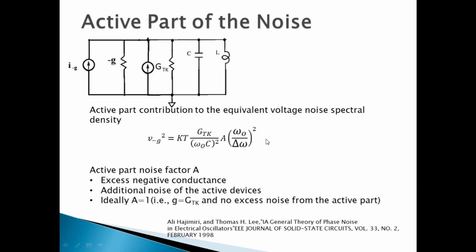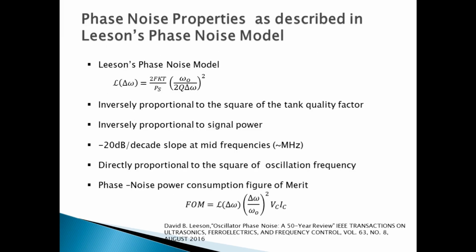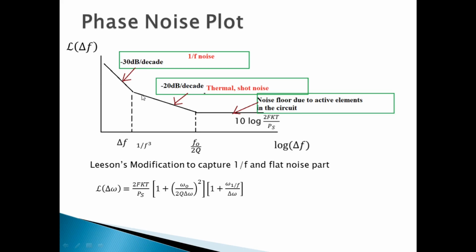So in both cases, the noise from the active part and the noise of the LC tank, both of them are filtered through the LC tank and have this square term, because of which you will notice a minus 20 dB per decade slope here in the frequency, the phase noise plot. While the minus 30 dB per decade is explained due to the 1 by f noise,